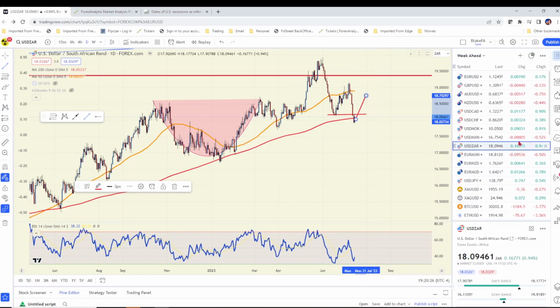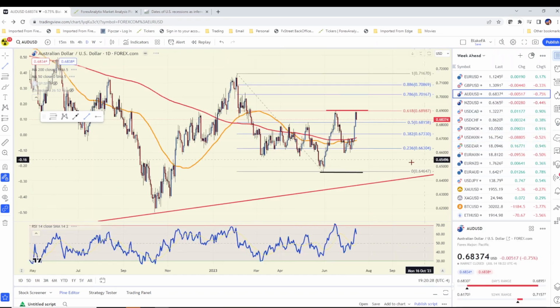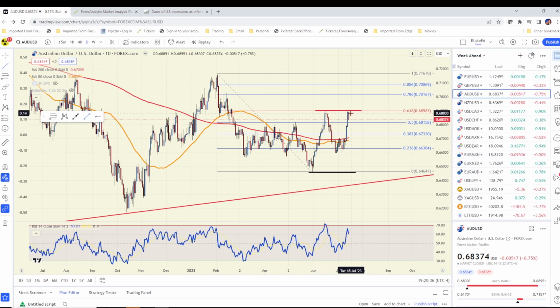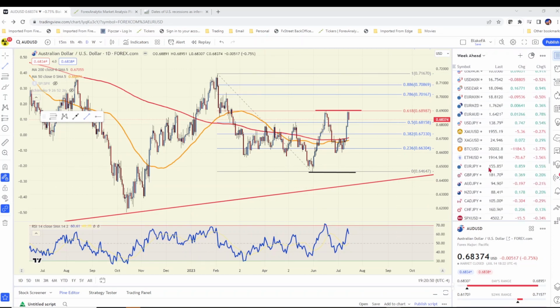One of the things I did miss, and I'm going to go back to the Aussie dollar, is we have Aussie employment Wednesday night. So that's something that also we should be paying attention to, which obviously this 69-cent level is obviously key. A couple other things I wanted to mention this week. Like I said, it was going to be a fairly light news week as far as data goes. But I wanted to just take you into some of the other markets really quick.